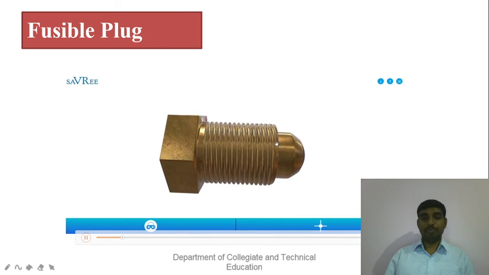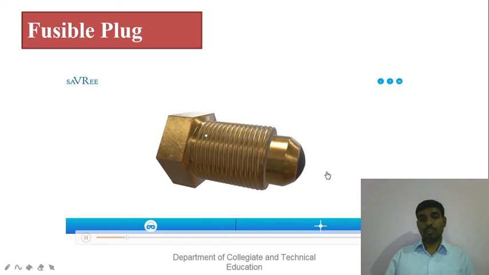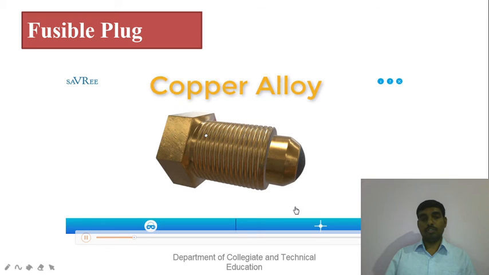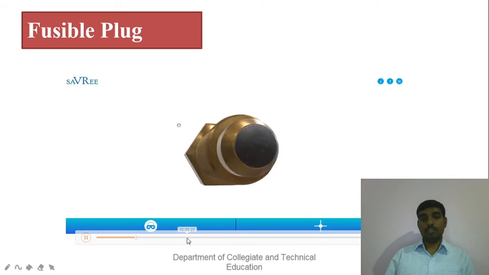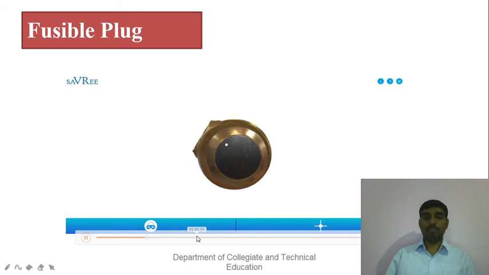The copper body, or this gold sort of coloured body here, indicates that it's made out of some sort of copper alloy. This means it will be brass, bronze or gunmetal. That's typically the material employed for a fusible plug. If we look around here, we can see a black dot. This black grey dot signifies that it's made of a different material to the plug body itself. And we'll get back to that in a moment. Let's just take a cross section.